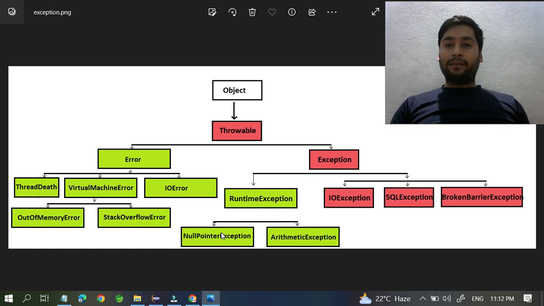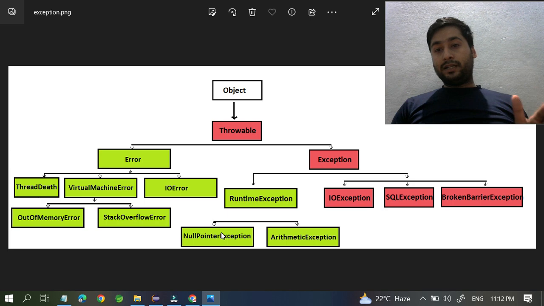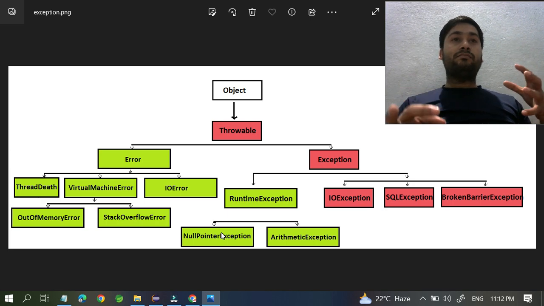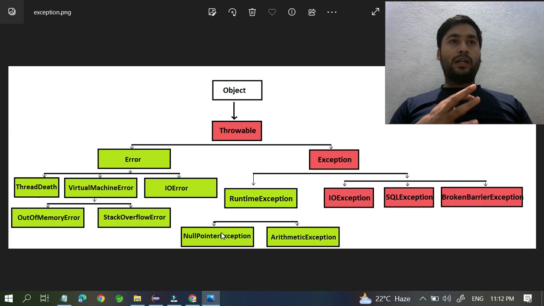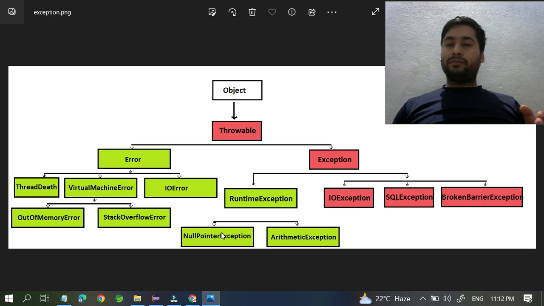But what about the runtime? At runtime, you don't know. Your syntax is fine, your code is fine, everything is fine. But at runtime, if the user gives some wrong value, or in whatever loop you are using, it will go beyond the array index. Like you have one array, the size of the array is 10, and you are trying to fetch index number 10, but the array index starts from 0 and will go up to 9 only, because you have size 10, so it goes 0 to 9.